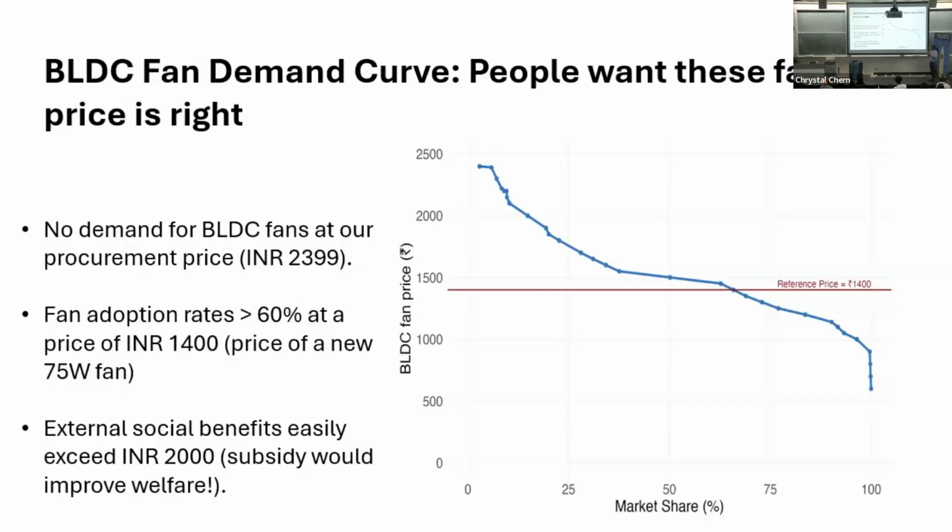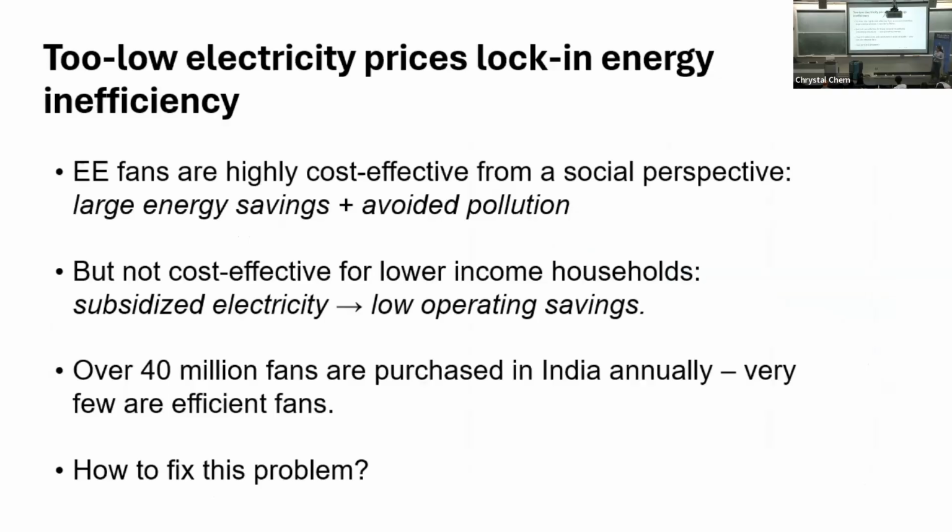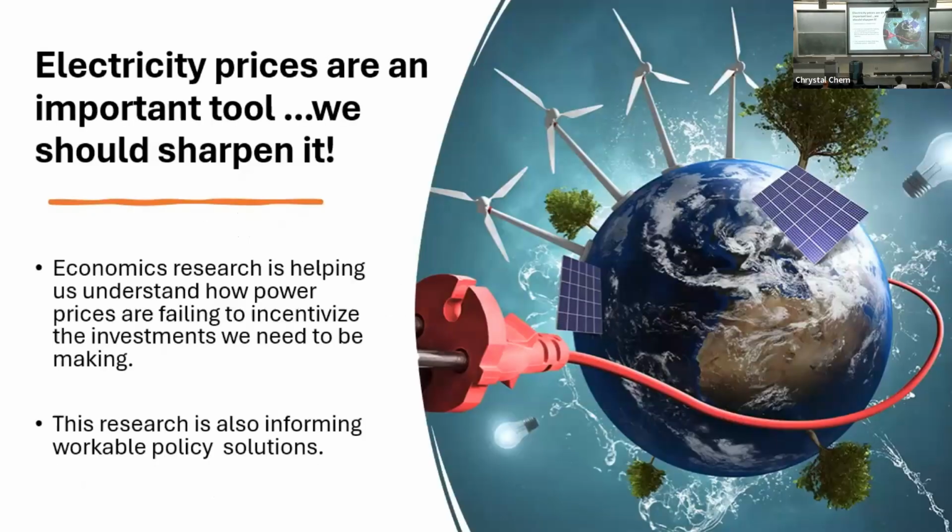We have projected the increase in electricity if we continue to lock in inefficient versus efficient fans. We've yet to unlock the resources we would need to start to change those decisions in favor of more efficient fans. So to wrap up, I know that it's hard to get people excited about electricity prices. Most people want to think about pretty much anything else than the price they pay for electricity. I think these are really important, underappreciated tools that we have to use